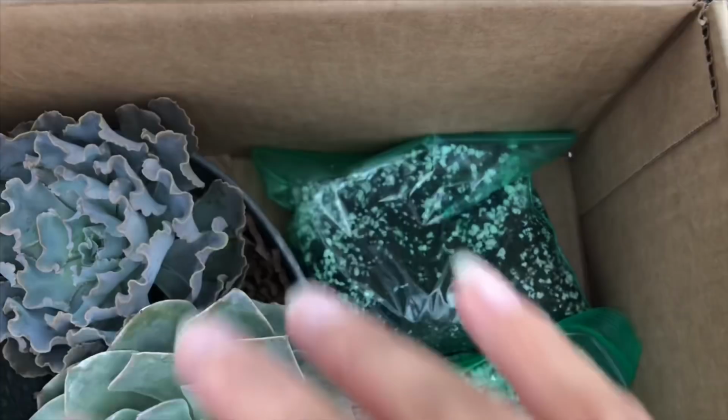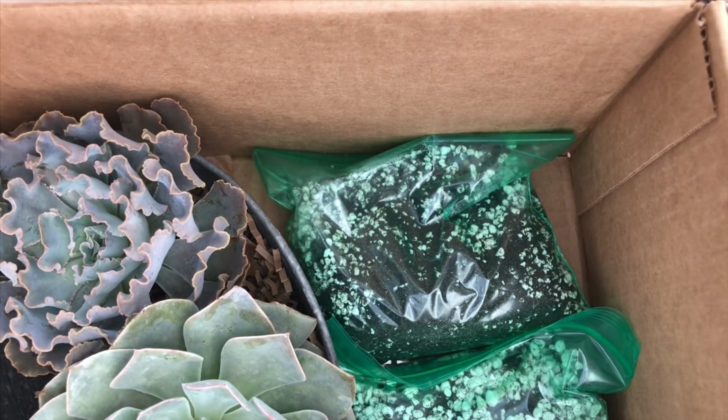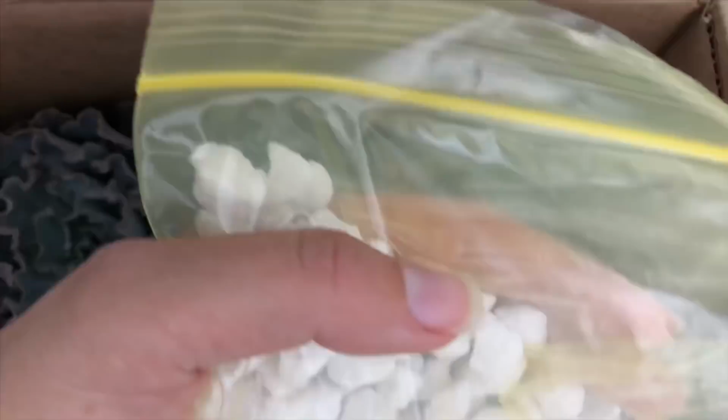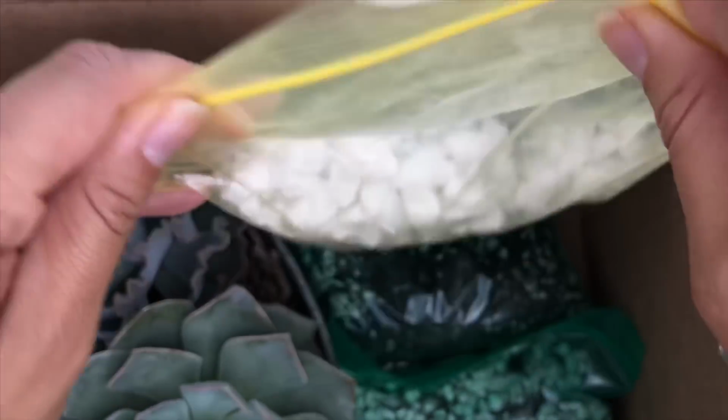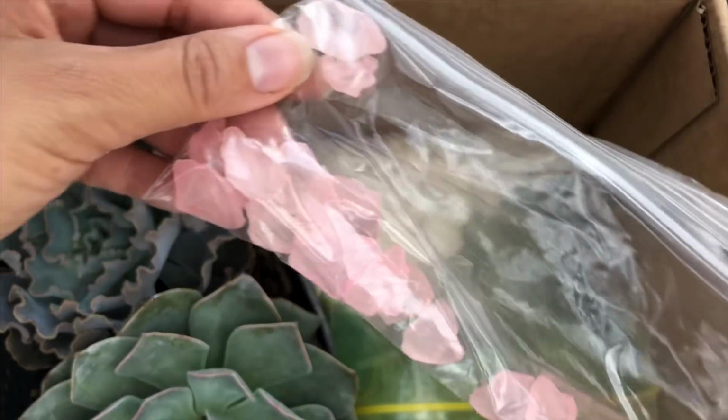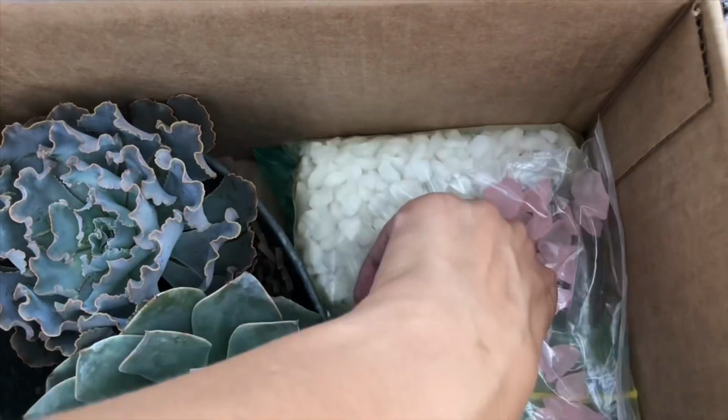The only thing that sucks is that dirt's gonna get everywhere from the plant itself. Okay. I don't know if this is how I'm gonna do it. I have to just see what's gonna work. Oh, okay. I have these white rocks for her to decorate with, to dress it. The sea glass pink top dressing. Okay, so